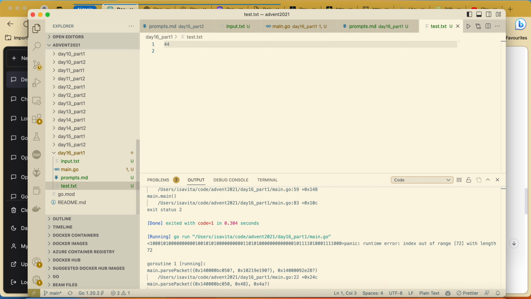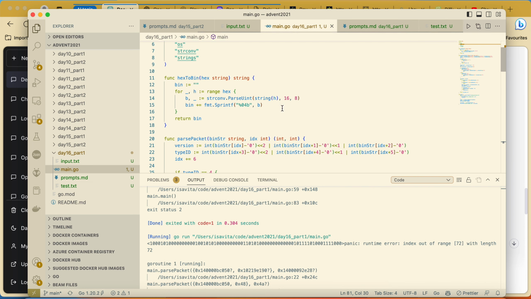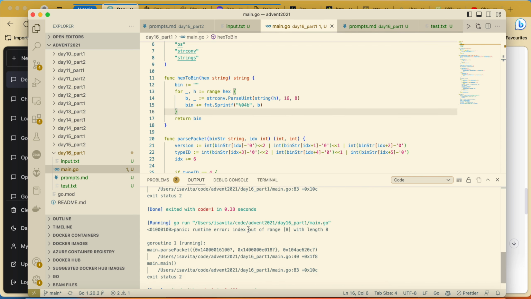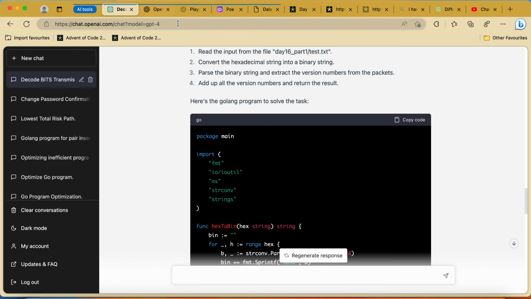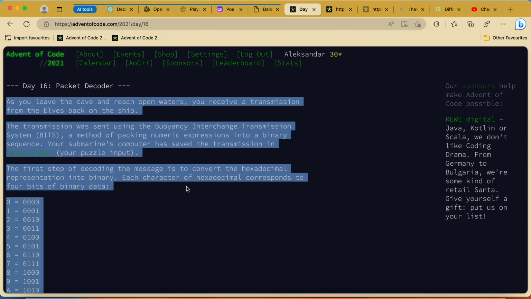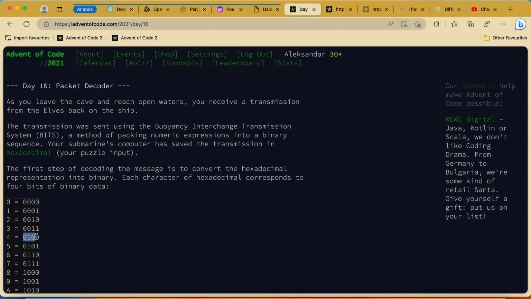Okay, that probably looks legit, but let me try 44. I will expect here, let me run it again, zero, zero. That's exactly what we should get for 4.